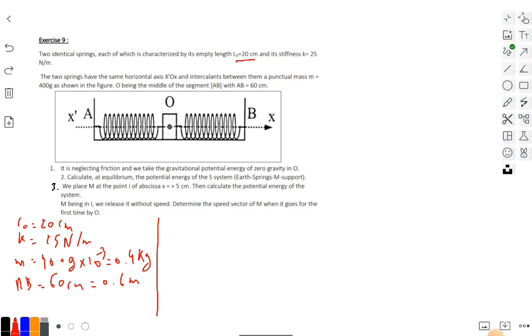Part 1. Neglecting friction, so friction equal to 0, and we take the gravitational potential energy of zero gravity in O. This is the reference. Calculate at equilibrium the potential energy of the system, the system Earth, spring, M, support. So, at equilibrium,